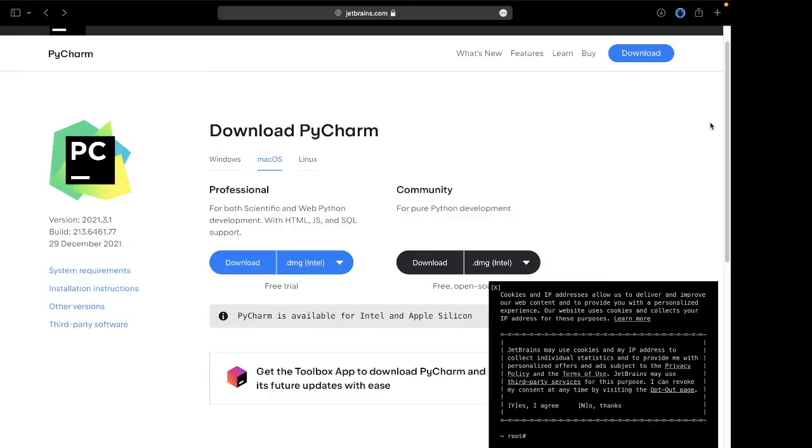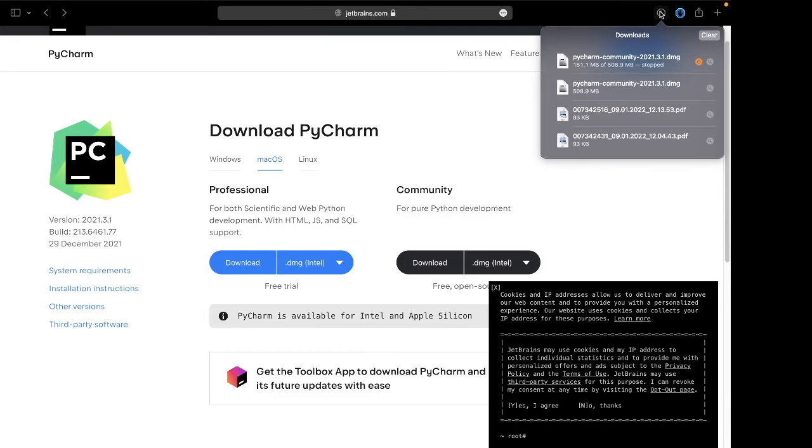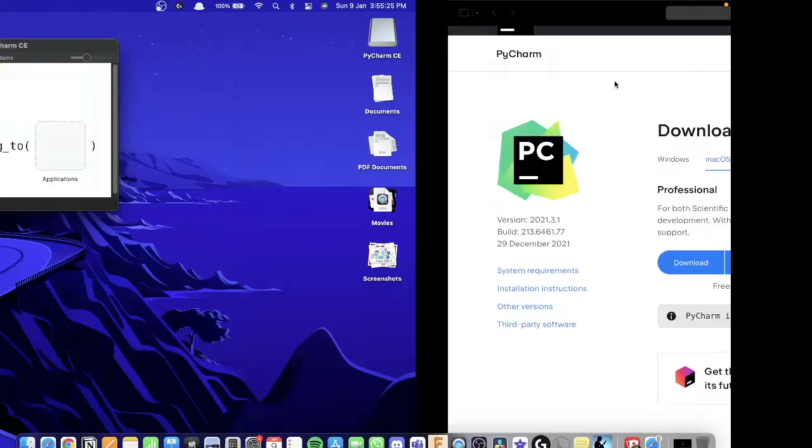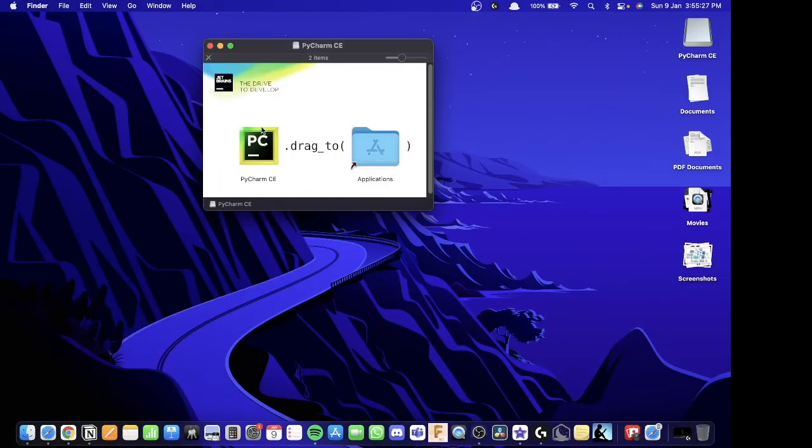Now if you look at your downloads folder, you should have PyCharm. So double click this and you need to drag this icon onto the applications folder.